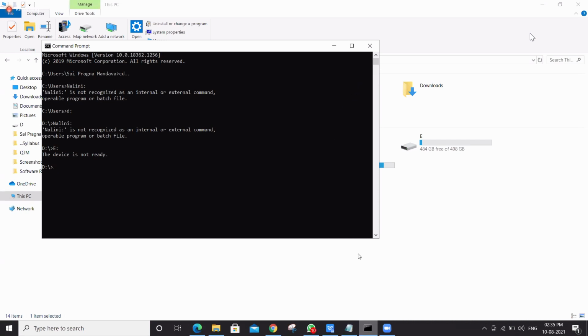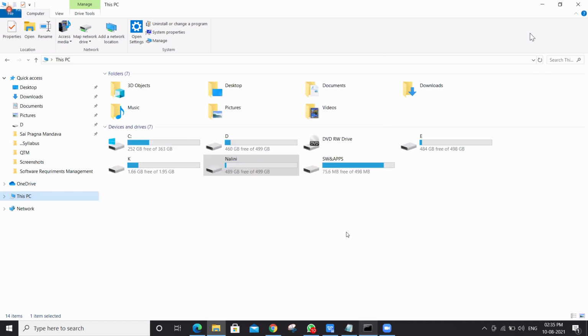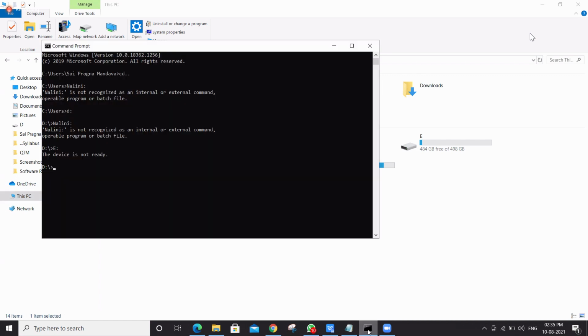Is there any more drives? K, you just give K. K also it is unable to find. Only C and D it is able to accept. Actually it will work, I don't know why your system is not accepting.